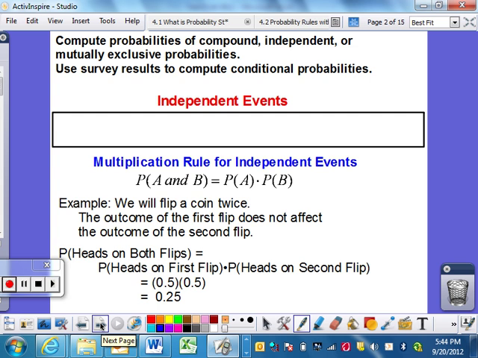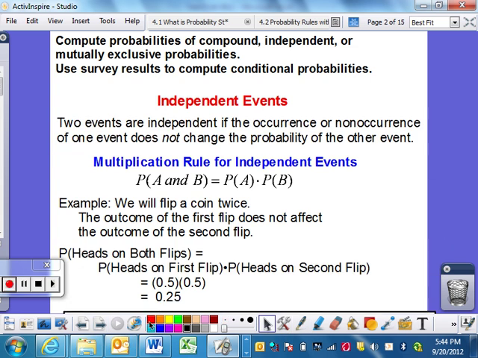First thing we're going to look at are independent events. Independent means they're completely separate. There's nothing holding them together. The occurrence or non-occurrence of one event does not change the other. If you look at your formula sheet on the very bottom, you're going to need to find that. You will see that the independent event multiplication rule simply means if you want A and B, you just multiply